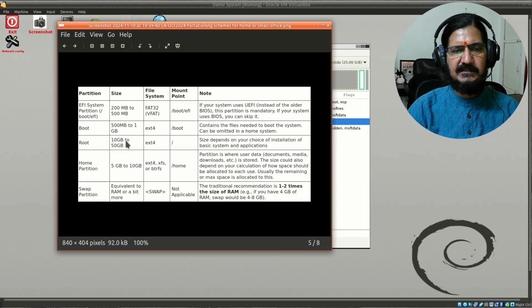This could be from 10 GB to 50 GB depending upon your requirement and space available, but somewhere around 10 GB is required so that you have enough space to install each and every application, and still you have some free space to work around with. So this is going to be again ext4, and slash would be the mount point of it. This is the root. Then we need to create a home partition,